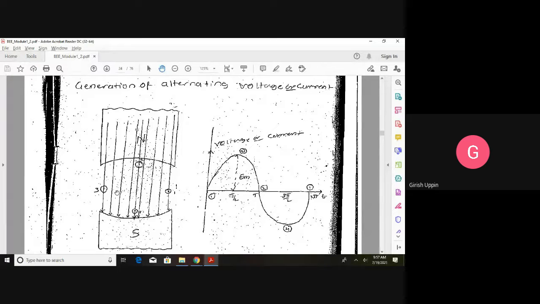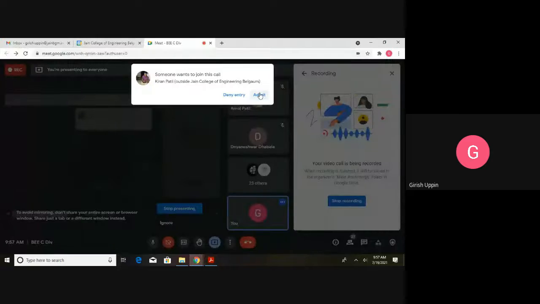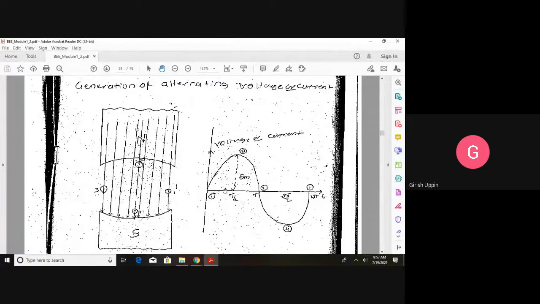Now, if I continue to rotate this conductor, similar cycles I am going to get. So when I make one revolution of the conductor, I am going to get one EMF cycle. When you make another revolution, you are going to make another EMF cycle. Depending upon the frequency, we will have so many cycles. For example, what is the frequency of our household connection? It is 50 hertz, or 50 cycles per second. Means what? In every second, the current or the voltage in our household has 50 such cycles.